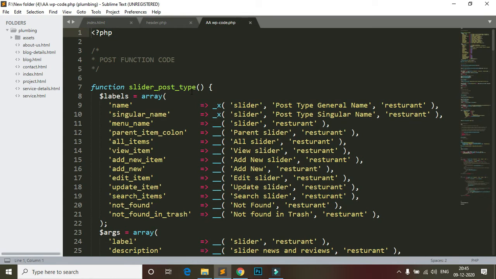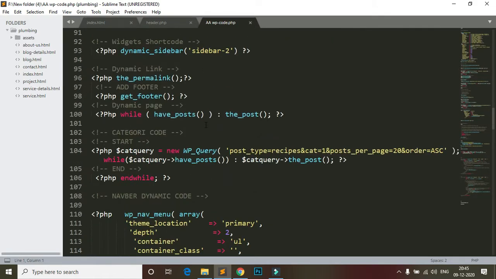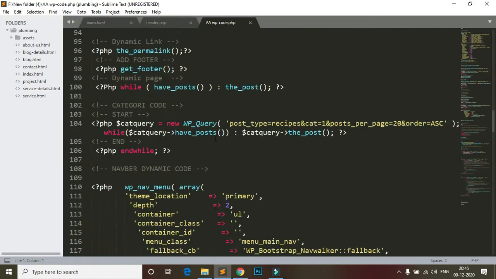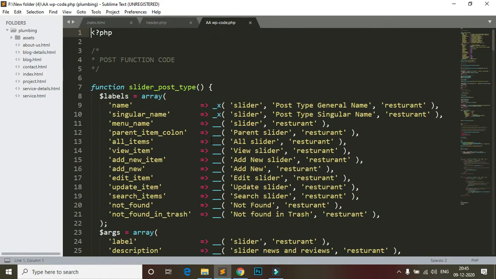You can see here I need some codes and functions for developing, so I wrote all the codes here. This is all the code I use in WordPress. So I share it with you. Please download this file also.